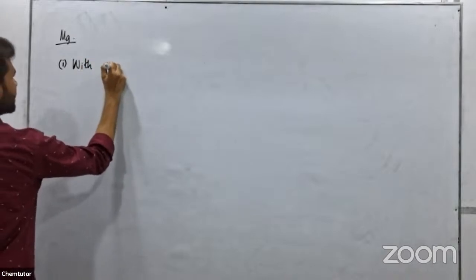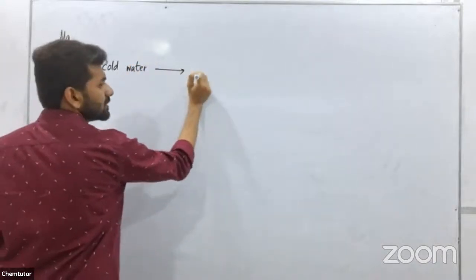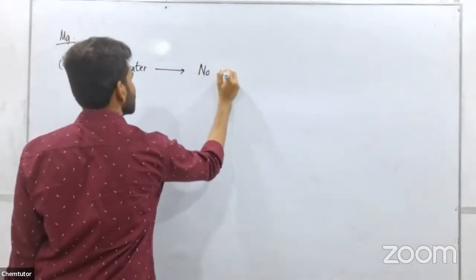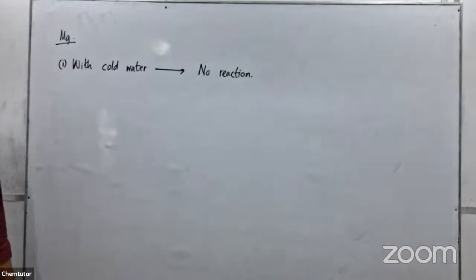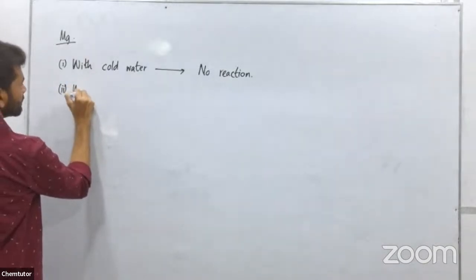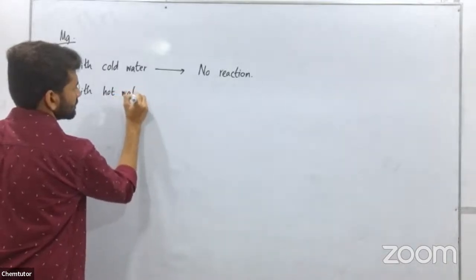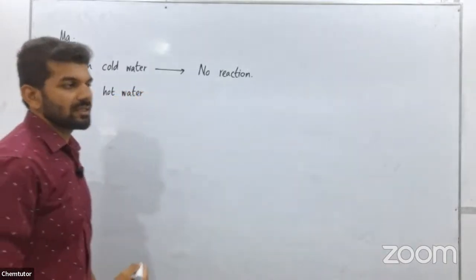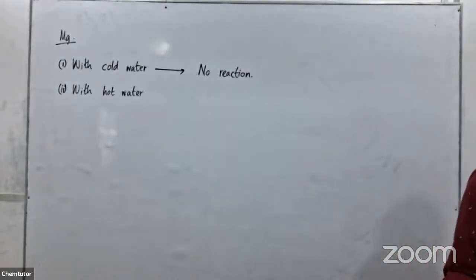Cold water means tap water. There's no reaction. That means once we put a piece of magnesium into the water trough, there's no reaction. But with hot water, it gives hydrogen gas while forming magnesium hydroxide, which is a white gelatinous precipitate. So with cold water, no reaction. With hot water, you can write down